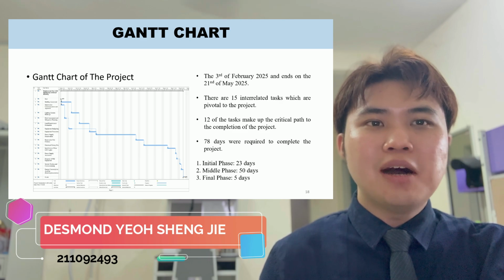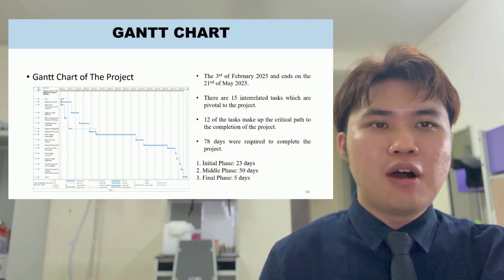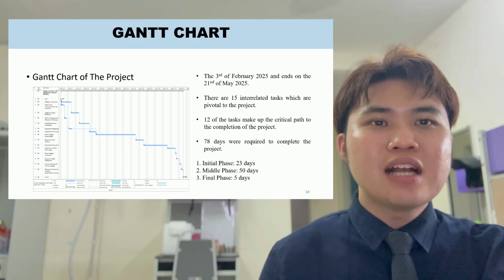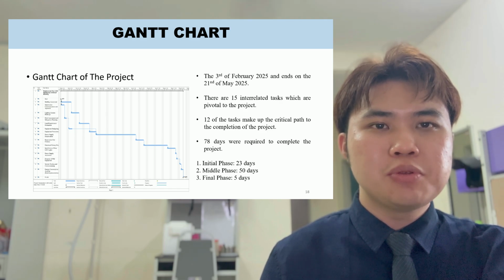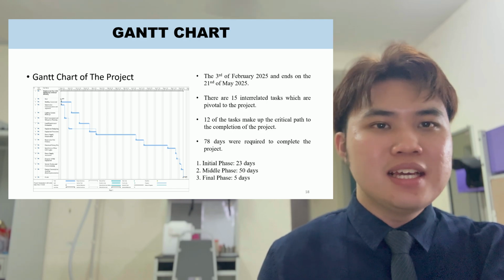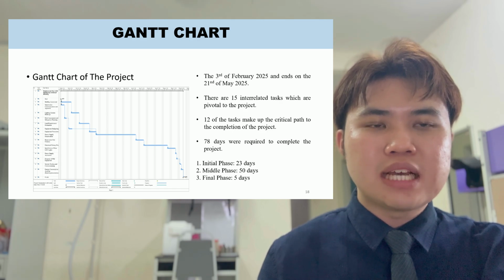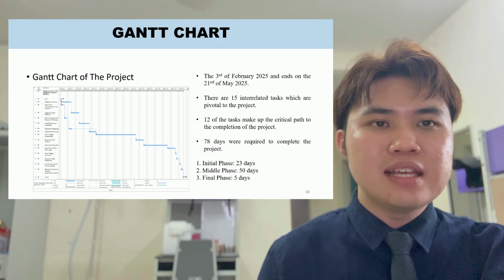Today, I'll be explaining about the Gantt chart of our project. As you can see from the image, that's the Gantt chart of the overall flow of the project. We have created this Gantt chart using Microsoft Project. The Gantt chart is an important project management tool to graphically represent the relationship between completed tasks and their scheduled timelines. As you can see, it consists of two parts, a task list on the left and a timeline with the scheduling bars to the right to show duration and progress of the task, including start and end dates and